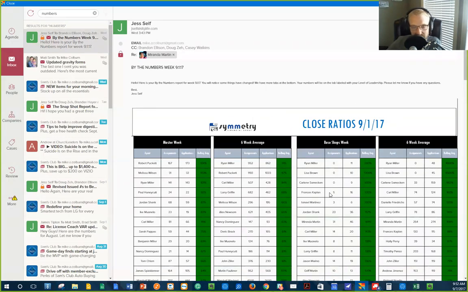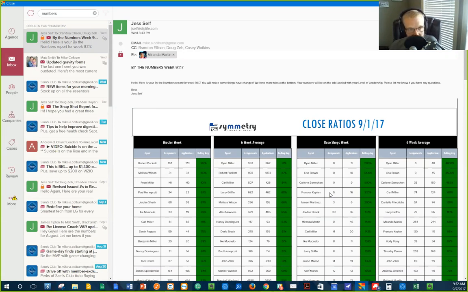All right, no one gets a pat on the back. 30%. So if you're going to have a GMR turned on, you have to have a 30% close ratio consistently or higher, or else Symmetry will tell me one of two things. We aren't going to let them until they bring that rate up, have a standing GMR, or they might say we're not going to allocate leads to him.